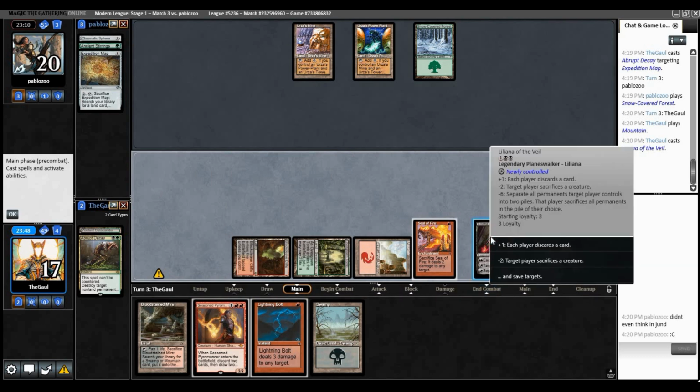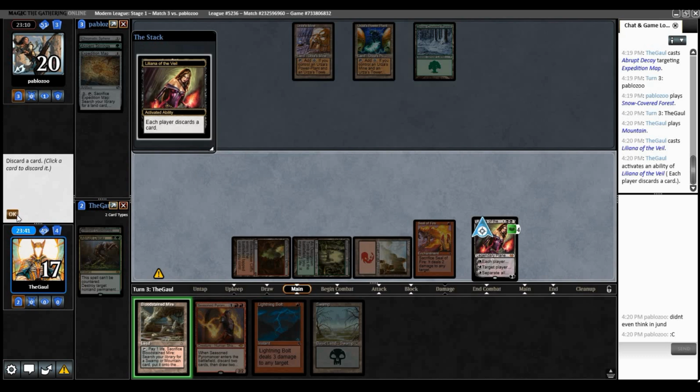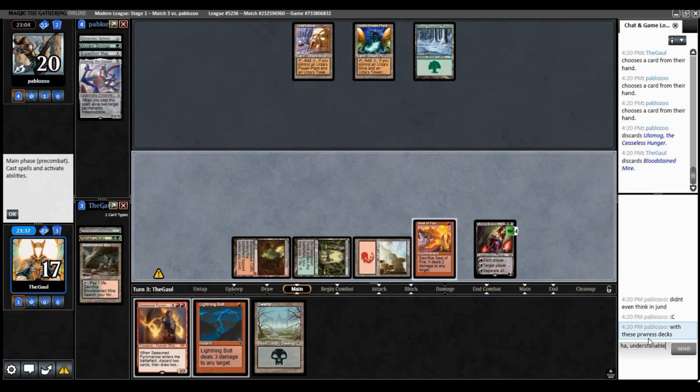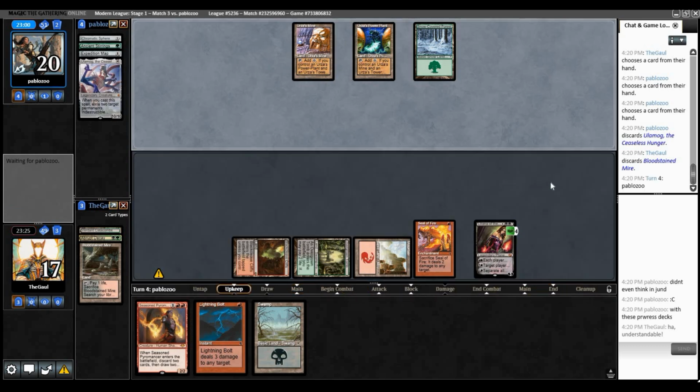Didn't even think in Jund, says the opponent. I guess they mean they didn't think it was likely to be Jund. I'm not sure. Oh, with these Prowess decks. Yeah, sure. So they thought we were Prowess. Yep, makes total sense. Unlike whatever I just tried to type. Understand double. There it is. Okay, so yeah, you understand why opponent would think Blackcleave Cliffs into Seal of Fire was Prowess. But the Prowess lists I've seen usually declare a companion, so...